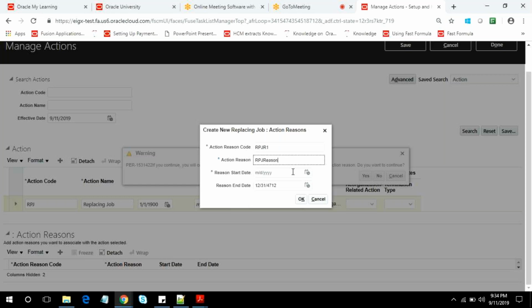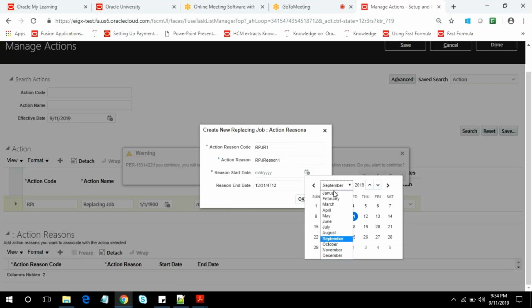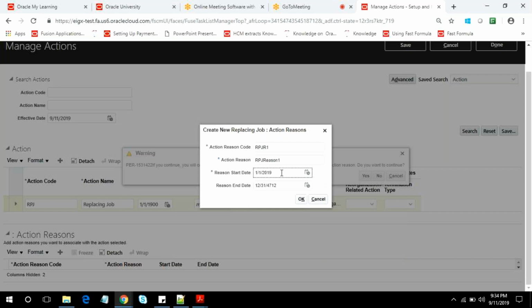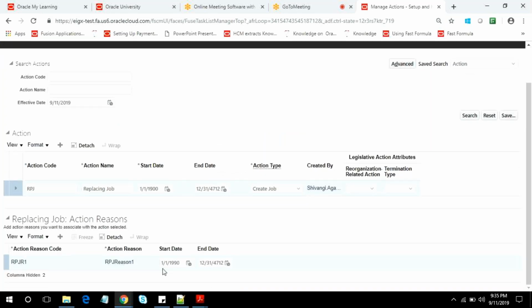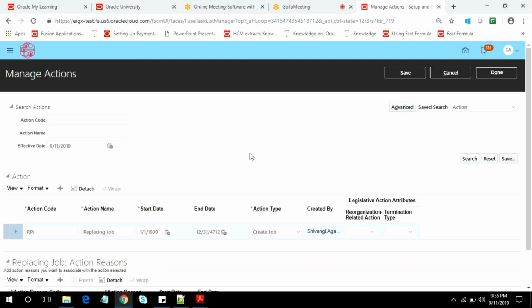And reason start date should be something like January 1st, 1990. And see here, for this reason end date is defaulted. If it doesn't give also, it will be defaulted in the backend. Now for this particular action, there is an action reason code. Okay. Let me try save